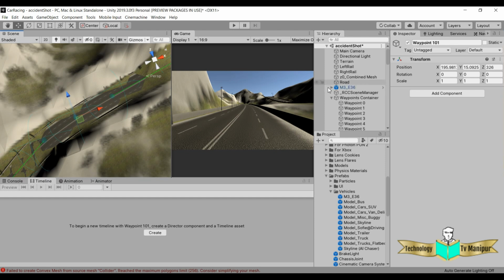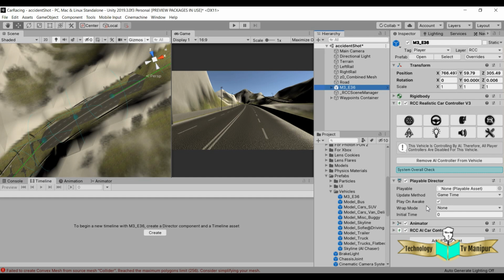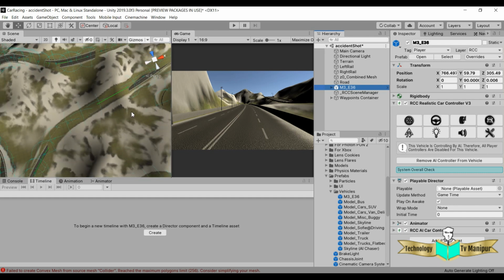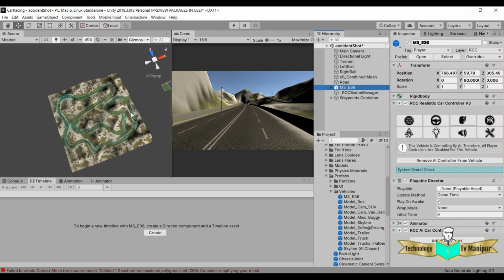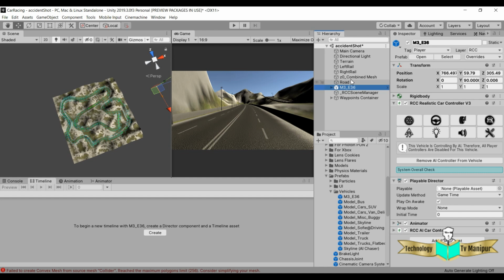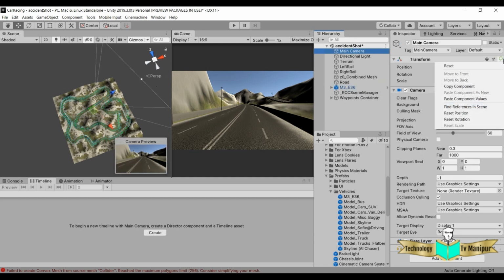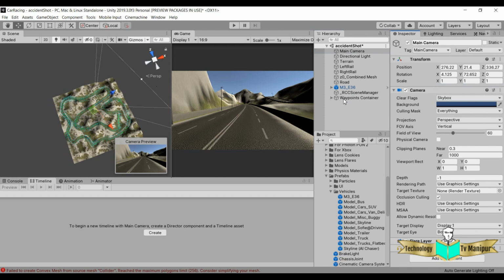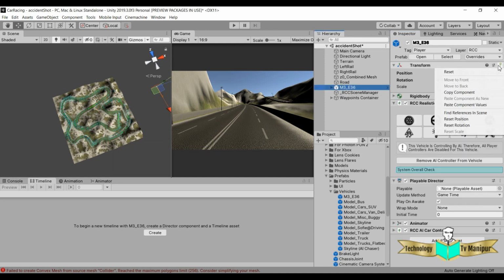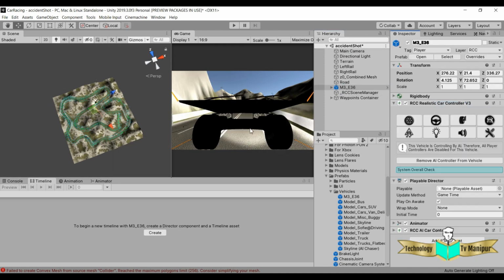Now we have the waypoint. So in our car everything is assigned, and where is our car now? Let me see that our car. Okay, so I need to bring my car to the same location where my camera is located. So you can copy this transform location and put it into your car location, and automatically the car will come